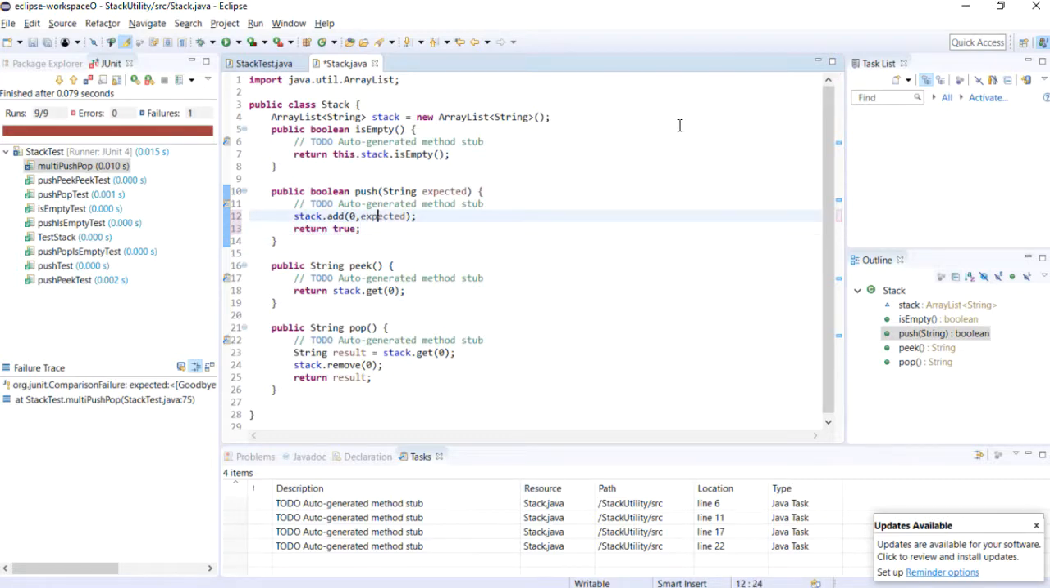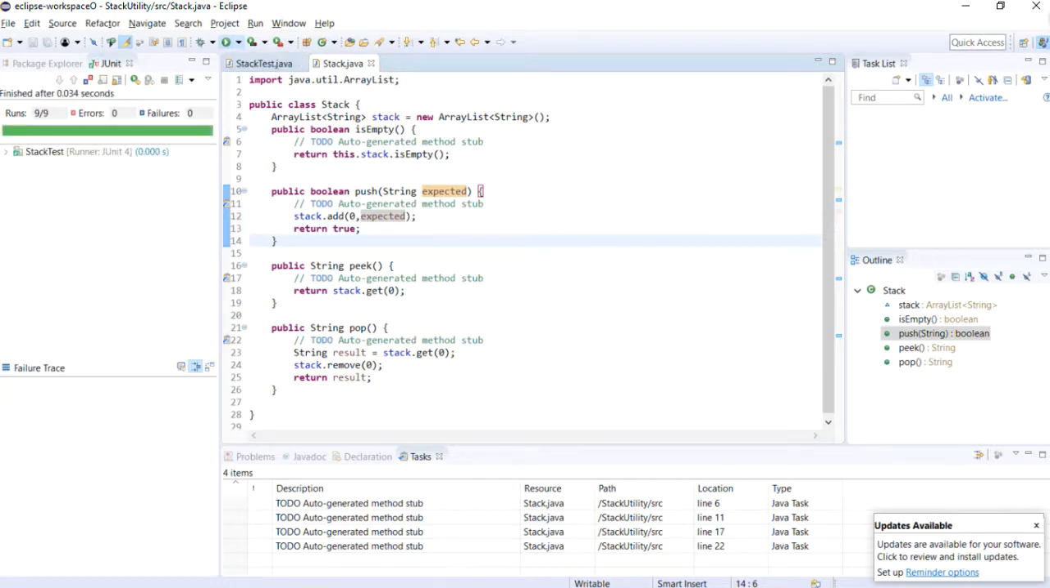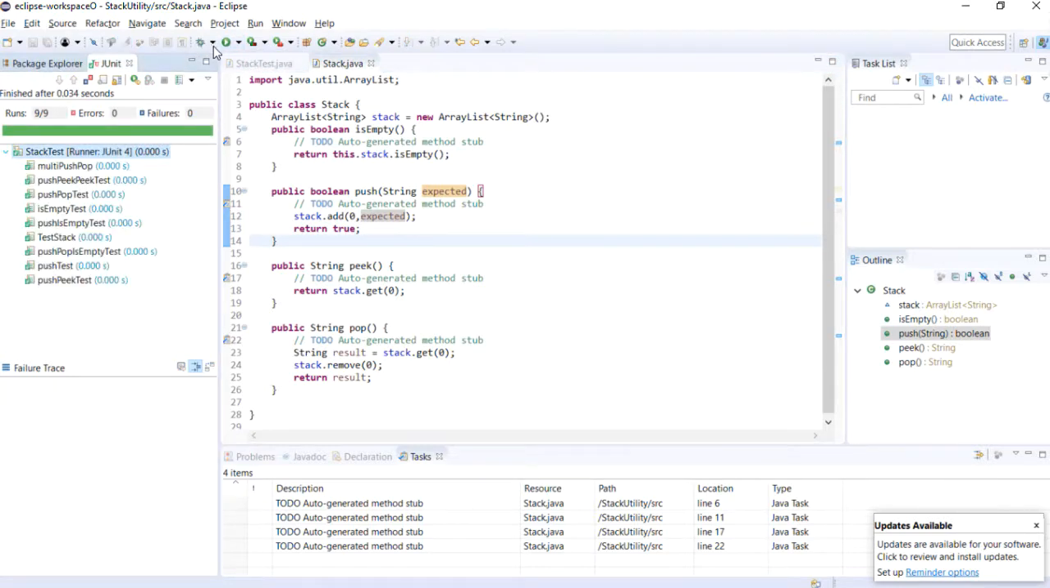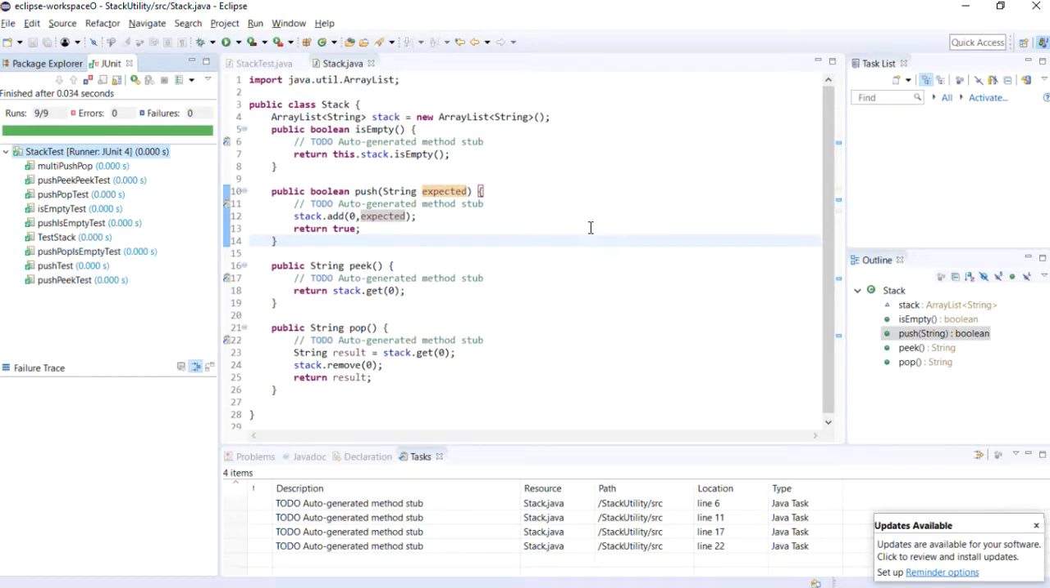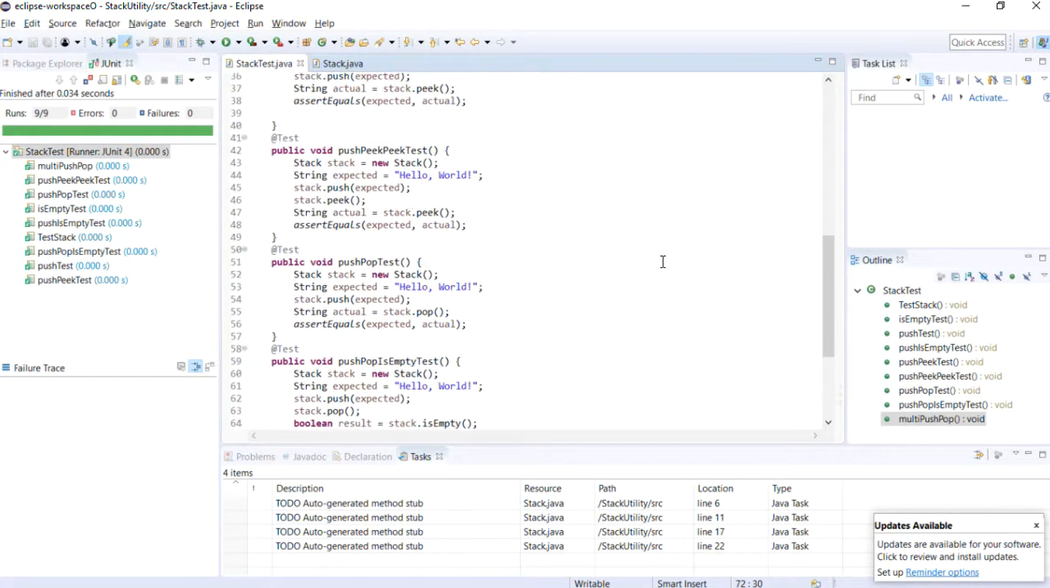Now we're adding each value at the top of the stack as opposed to the default of the array list, which is adding it to the bottom of the stack. If we run our test again, our multi-push pop should pass this time. Now we have 9 of 9 tests passing. And I think, except for some minor refactoring, that concludes our series of tests. So let's go back and do a little refactoring